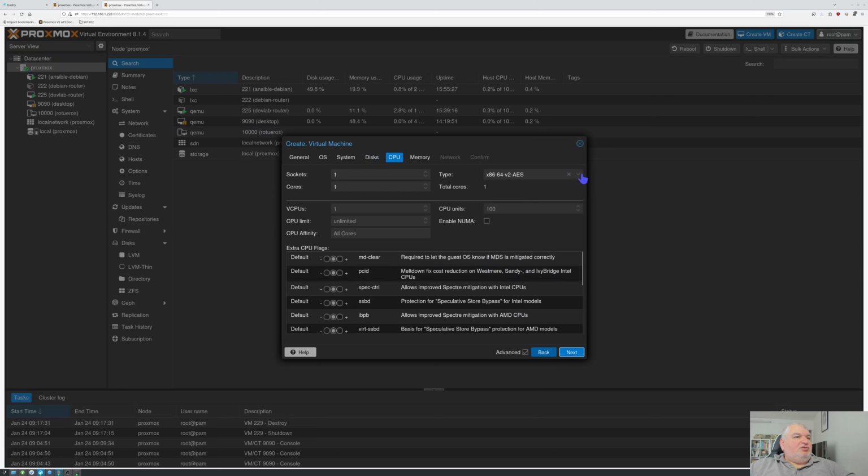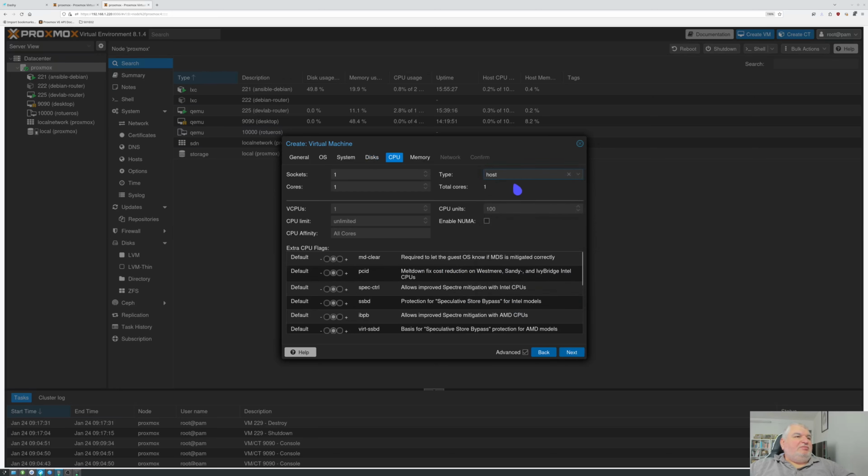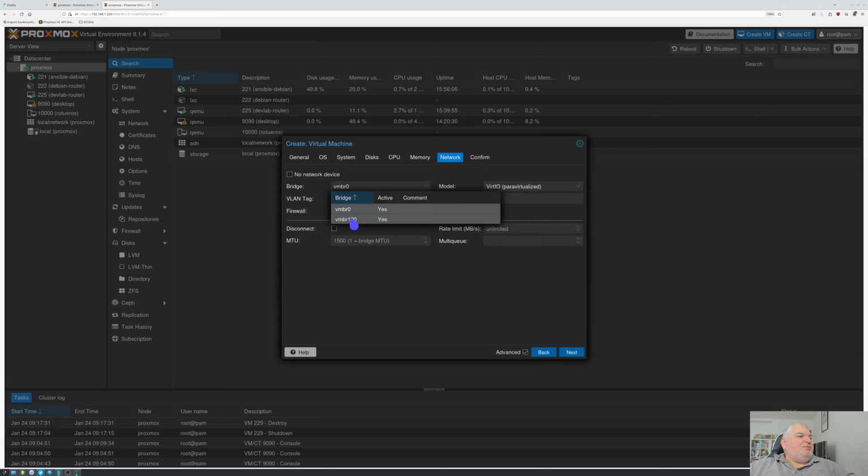Now in the CPU, the most important thing is to choose the host CPU. This will enable hardware-assisted virtualization. I'll give it 6 cores now. I have a lot of RAM here, so I'll give it 20 GB. Now this will be on VMBR 100. And the MAC address, we give it 12. Because as we said previously, this is how we